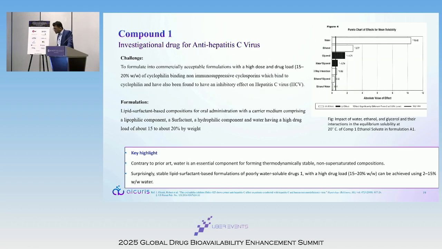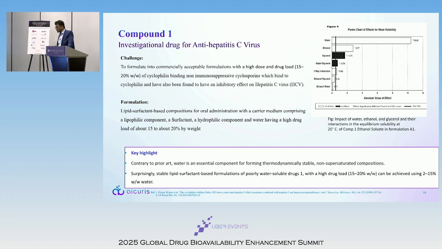And this was the case study I was referring to in relation to Neoral. So we had this molecule in a phase 3 trial, and this was being developed against hepatitis C. So structurally it was quite similar to cyclosporine, and then we wanted to investigate the existing Neoral formulation there, and the patent was also referred.